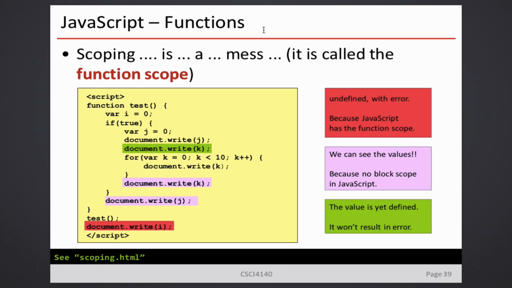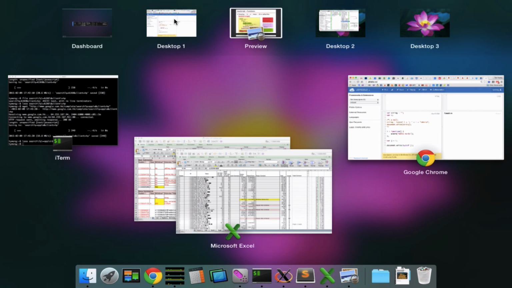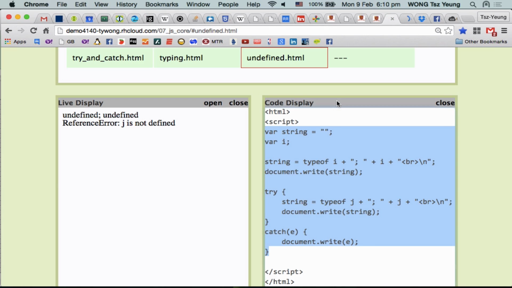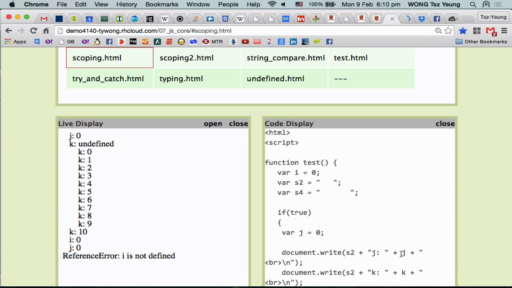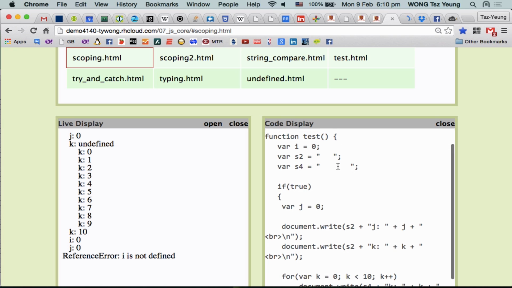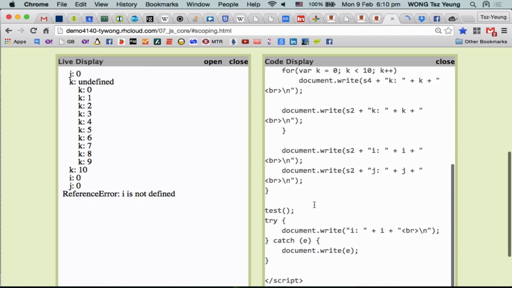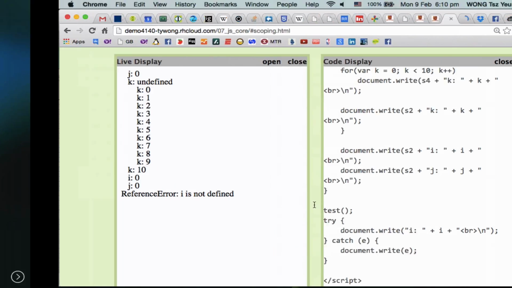What is the meaning? So I first execute the program, and then I will pass the time to Victor. I first execute the program. It's called scoping.html in my system. Okay, now it runs. So don't care about this S2, S4. I just do a packing here. Okay, so what you should look at is